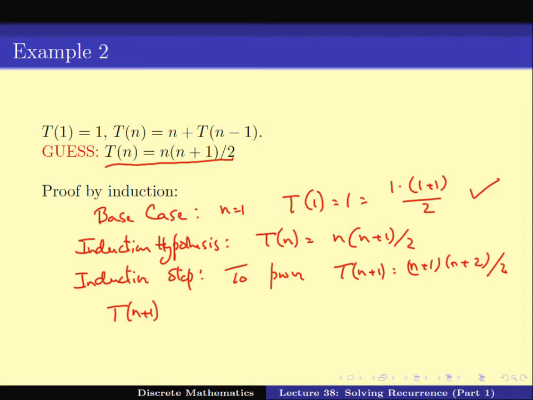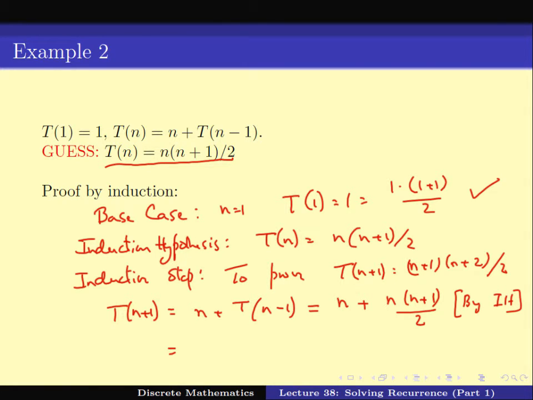Now t of n plus 1 is given as n plus tn minus 1, which is n plus n into n plus 1 by 2. This is by induction hypothesis,